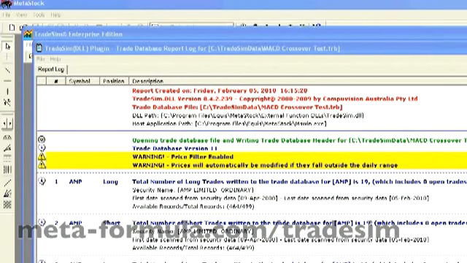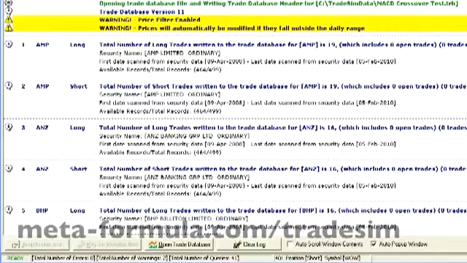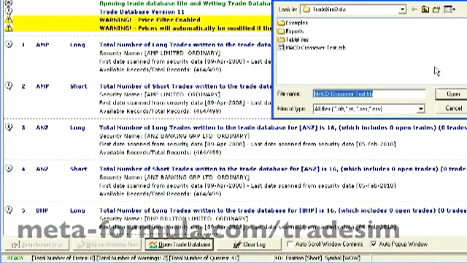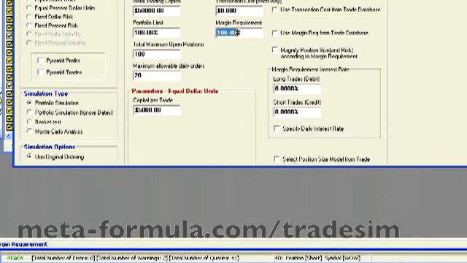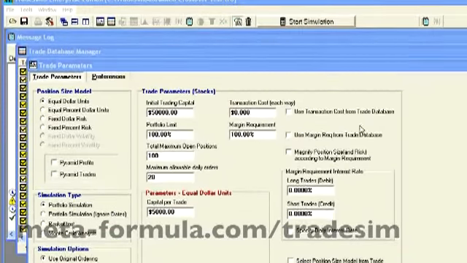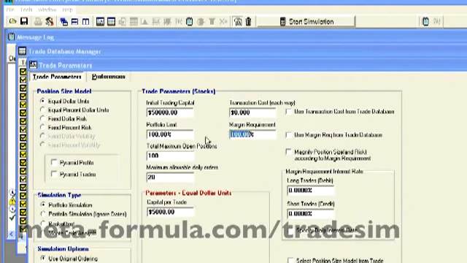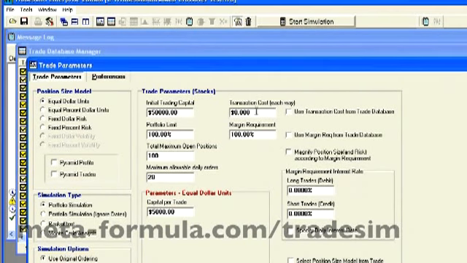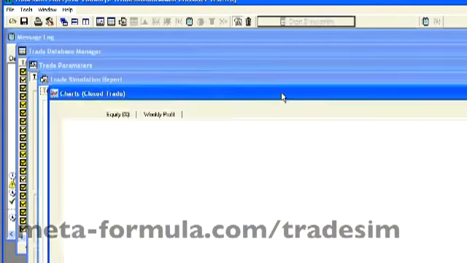And I just forgot I need to open that trade database. Now with the database open, then we can select our trade parameters should we want to make any changes. Might as well put some transaction costs in there just so if we're paying some brokerage, and we'll hit start